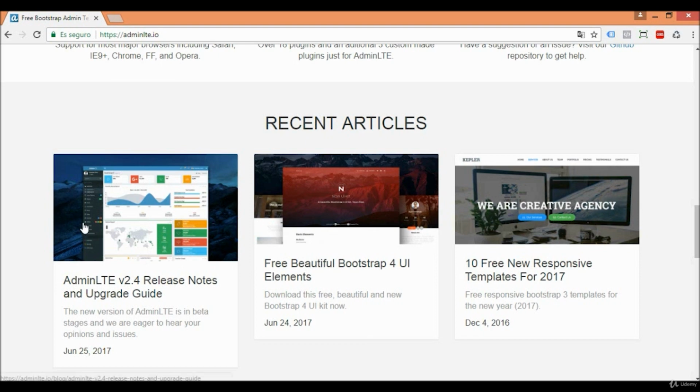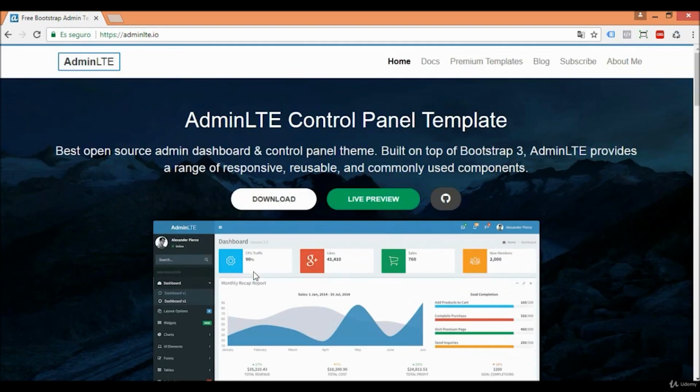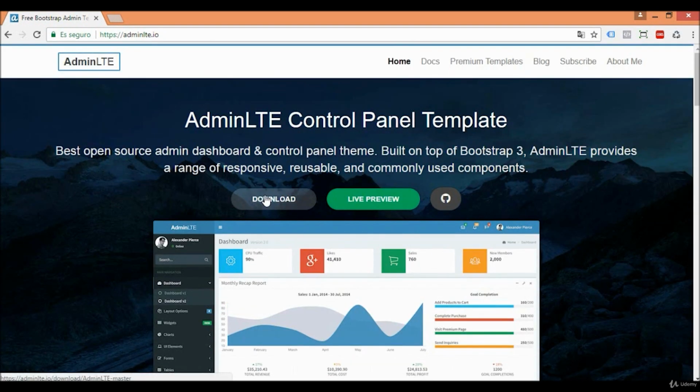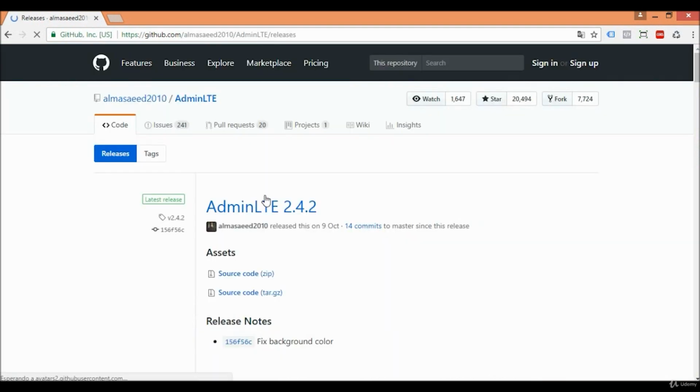But for now, we just click on download. Periodically, this template has been updated, so now we will work with the 2.4.2 version. For example, in my last course, I used it on how to build an e-commerce